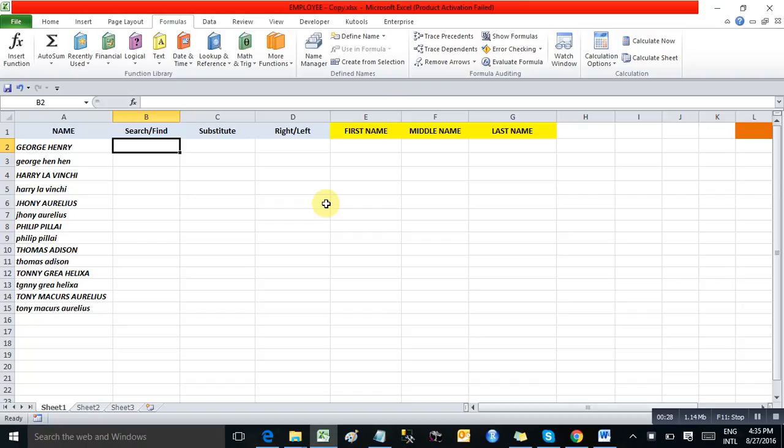The search and find functions are similar. You need to remember that search is not case sensitive and find is a case sensitive function. So let's start with the search function. The arguments are find text, what text you want to find in the cell. Suppose I want to find the capital G,